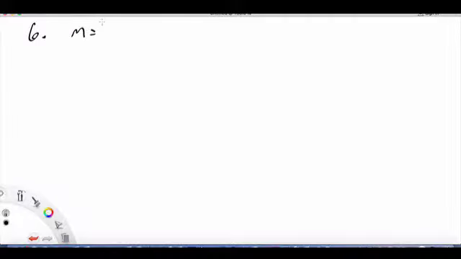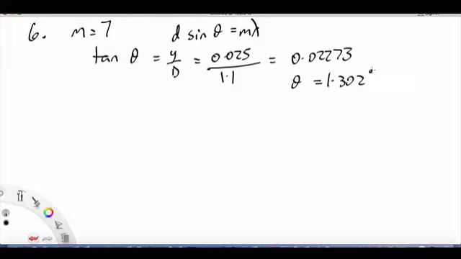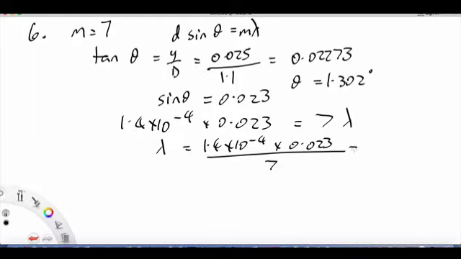Now, number 6, we have m equals 7. So again, d sine theta equals m lambda. Now we know that tan of theta is y over D, which is 0.025 over 1.1, which is 0.02273, and that gives us theta is about 1.302 degrees. So sine theta is 0.023. So then we have d, which is 1.4 by 10 to the minus 4, times 0.023 equals 7 lambda. So lambda is 1.4 by 10 to the minus 4 times 0.023 over 7, which is 4.6 by 10 to the minus 7 meters,